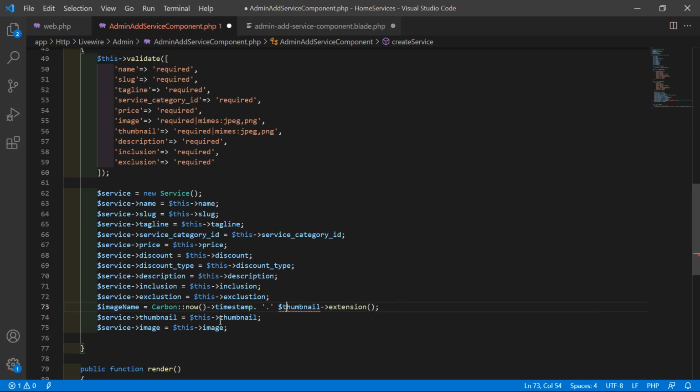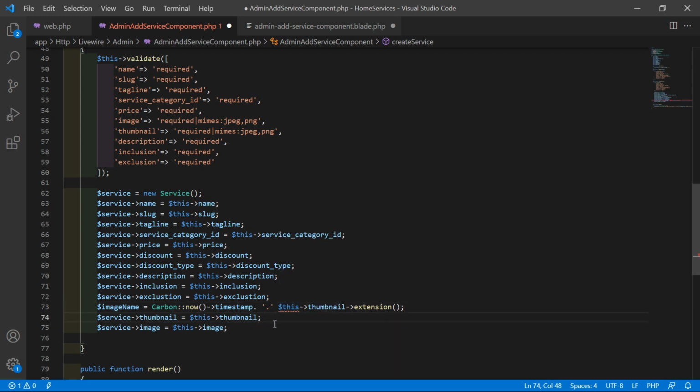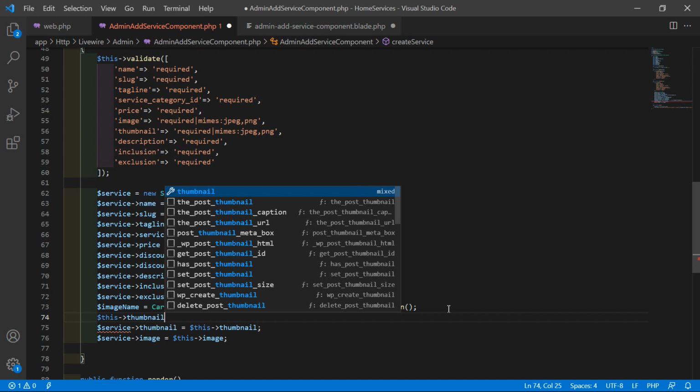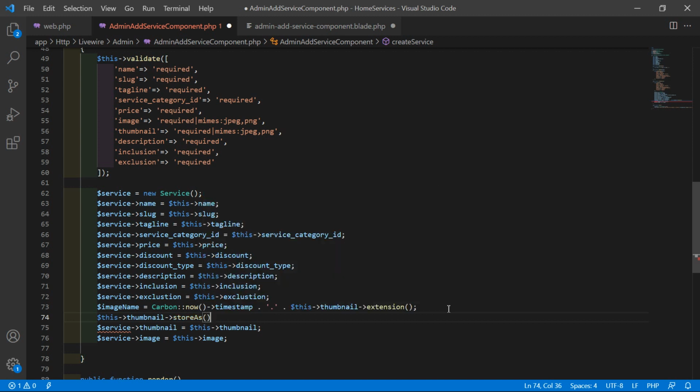Alright, $this arrow thumbnail. Also add here the concatenation sign, and after this $this arrow thumbnail arrow storage, and add here the directory name, which is services slash thumbnails. Okay,